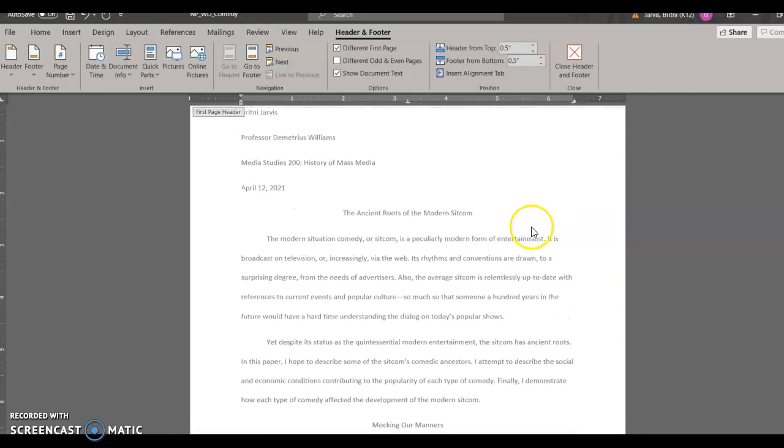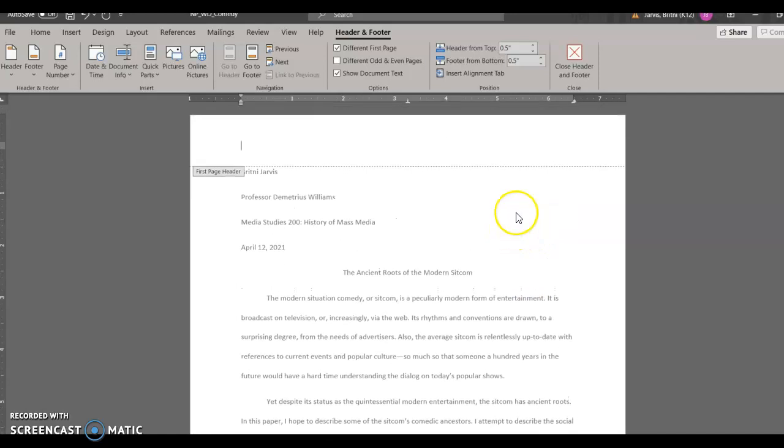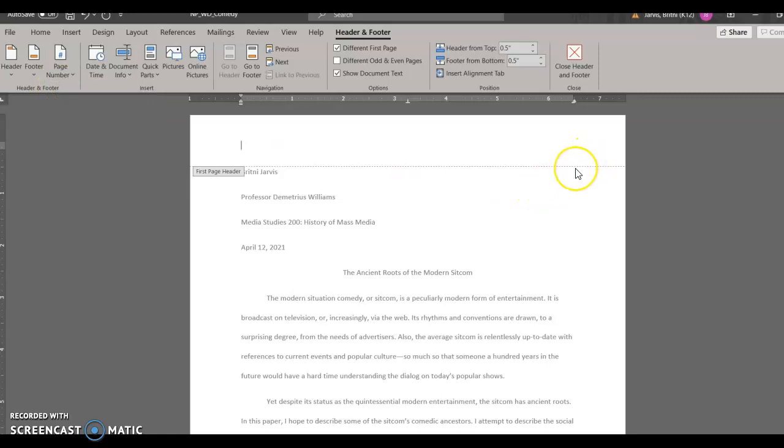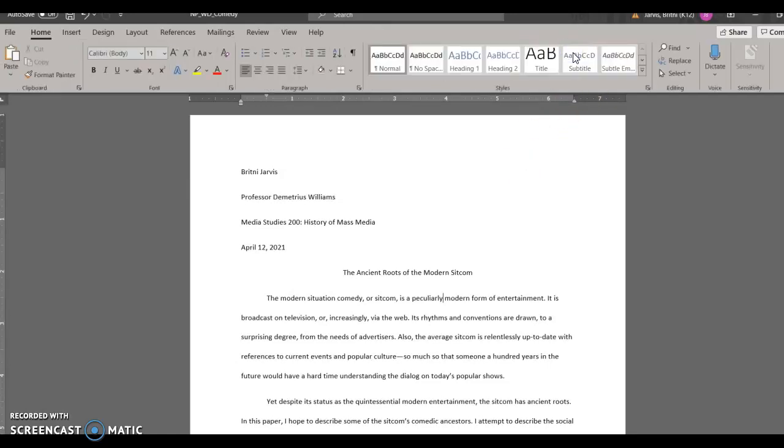Now, make sure that when you're inserting page numbers into a document that you use the page number command and don't just type the number 1 using your keyboard. Because if you just type the number 1, it's going to make every page number 1. It's not going to update it to page 2 and page 3. It just copies whatever you've typed. So if you want it to update, you need to make sure you use the page number command on your header footer group. All right, once that's set, you could go ahead and close out of your header and footer